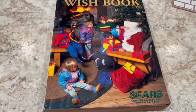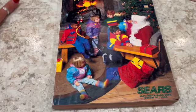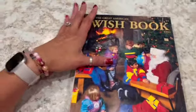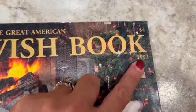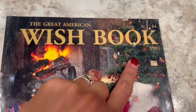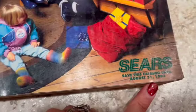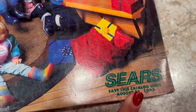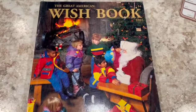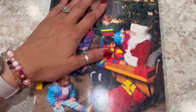So this is really exciting, I think, and this is another one of those items of mine that has a little story behind it. So this is a 1992 Sears The Great American Wish Book. It says save this catalog until August 31st, 1993. Now some people save these forever, apparently. So how I came across this,